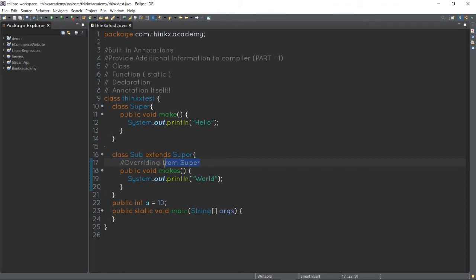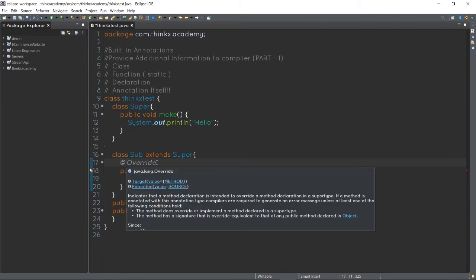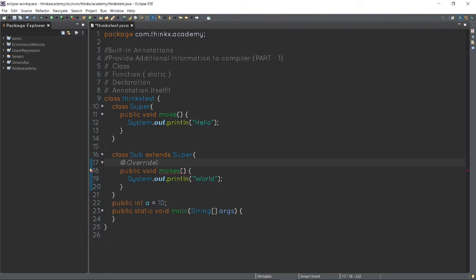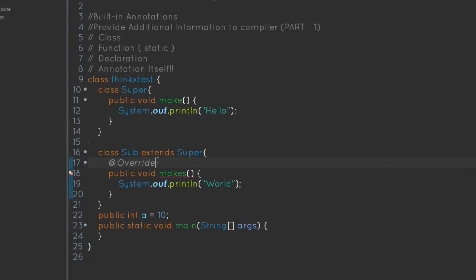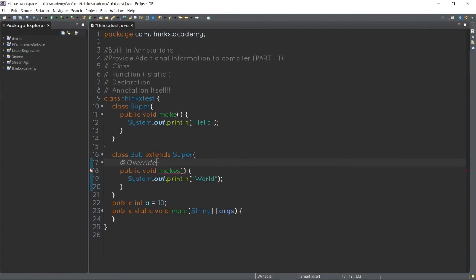Instead, if the programmer had chosen the @Override annotation instead of writing the comment, which is simply a built-in annotation,